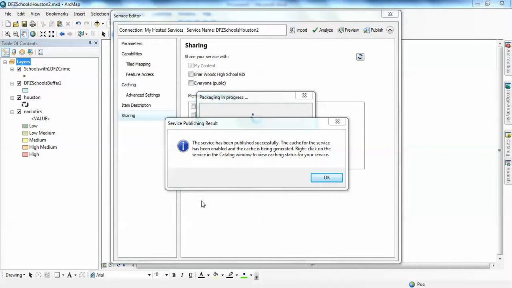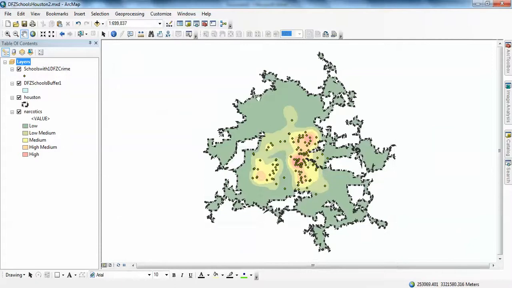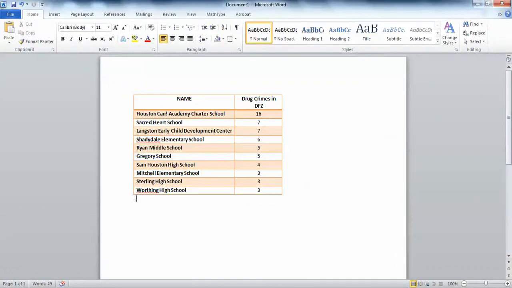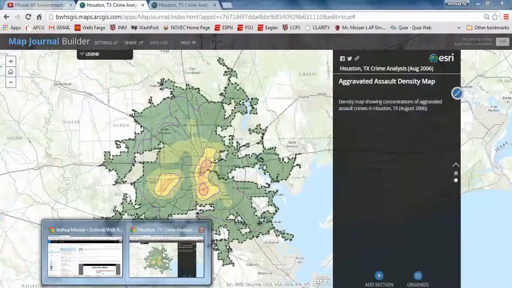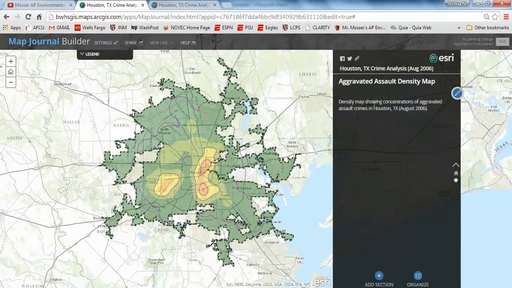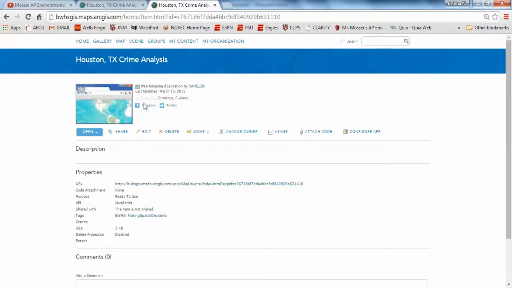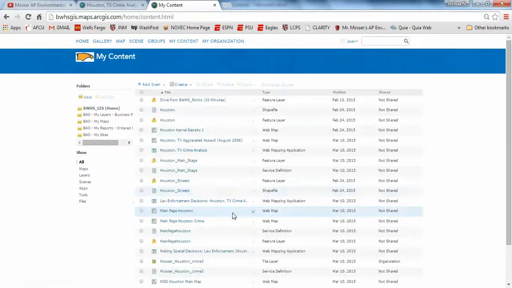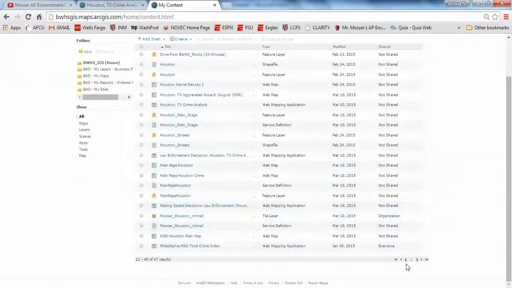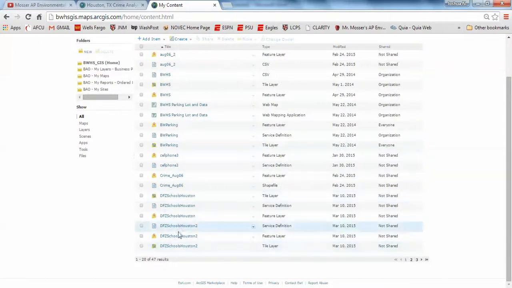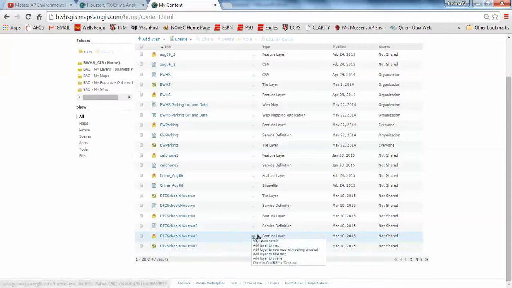So once it's all finished, I get this service publishing result. Service has been published successfully. Click OK. And now I can minimize that. And we will find our crime analysis. So what I need to do is I need to go back to my content. I'll go to page 1. And here is my DFZ Schools Houston. So here's my tile layer, here's my feature layer. So if I were to add this tile layer to a new map,